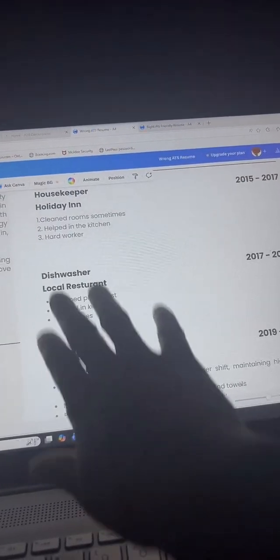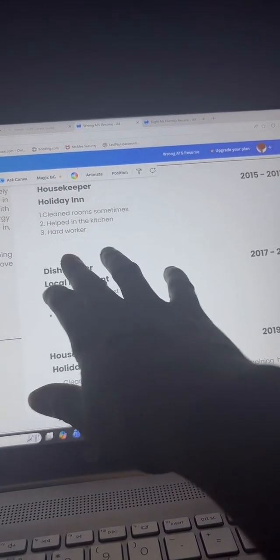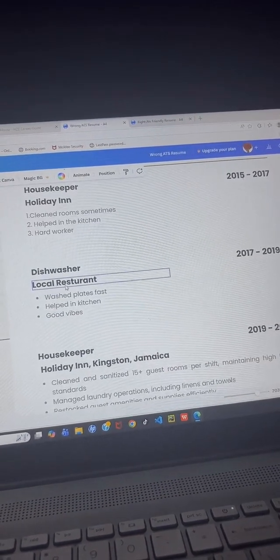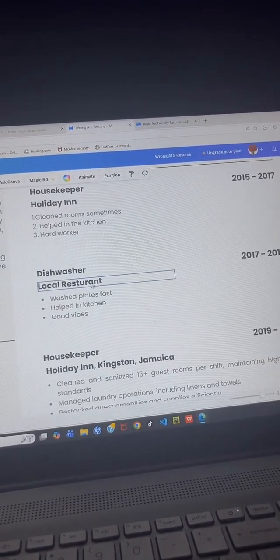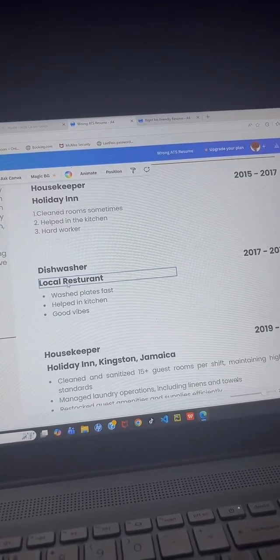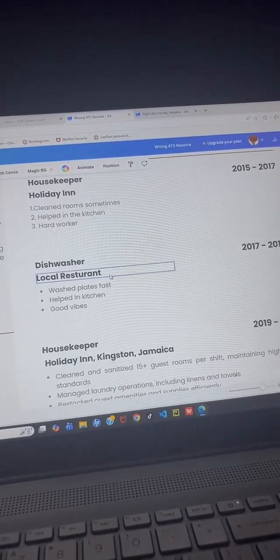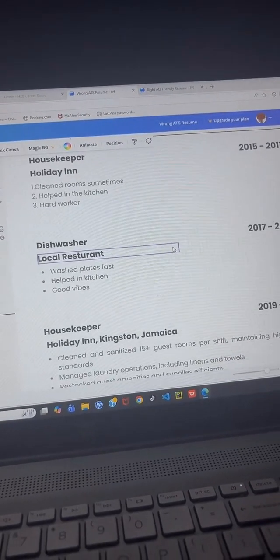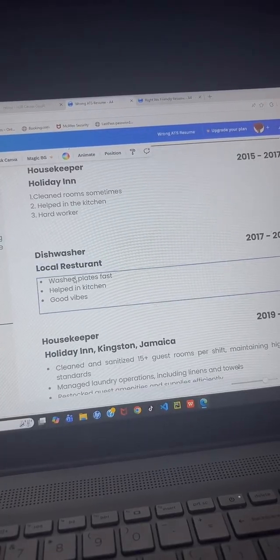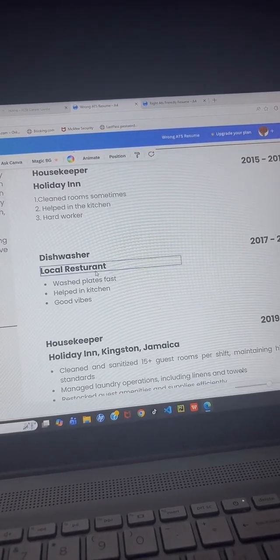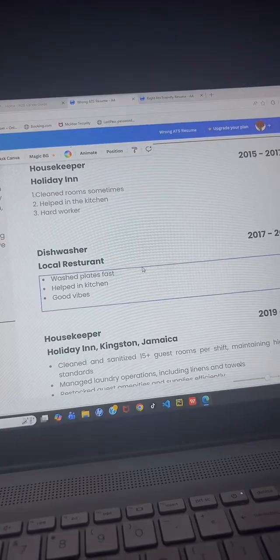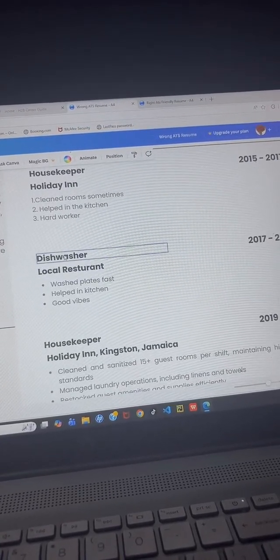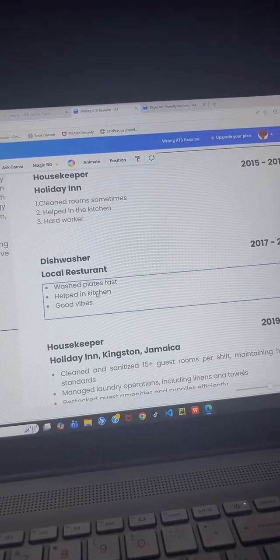So this is not necessary, I should say. Don't put local restaurant. Ensure that you put in the name of the restaurant, the city and the country where the restaurant is, and you list the job responsibilities that you were doing. Ensure that the responsibilities match the job position.